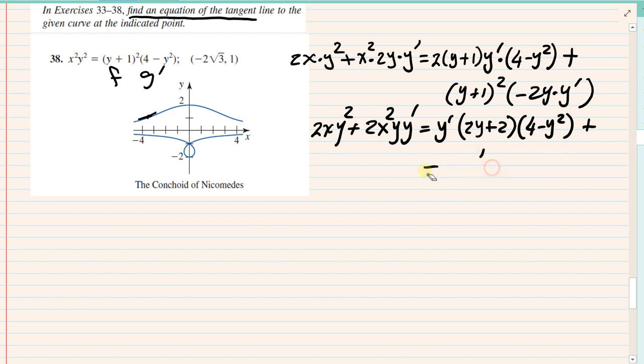Oh, let me write that as y prime times negative 2y times (y plus 1) squared. Okay, so if you did want to actually isolate for y prime now, you could a lot easier. All right, but let's actually plug in